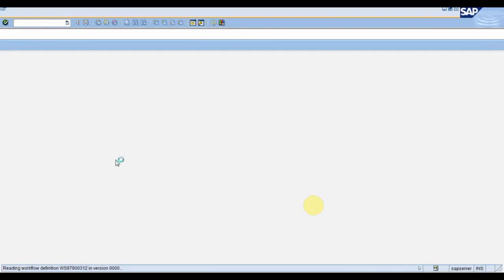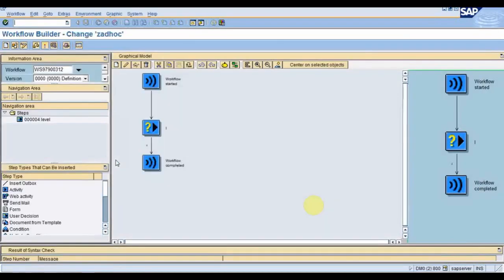In workflow builder, we will be building one user decision step, and there we will be assigning the expression tab with this rule. So let me create one new workflow.